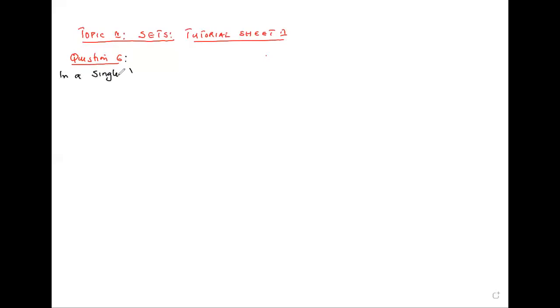In a single Venn diagram, illustrate the relationship between the sets of natural numbers,